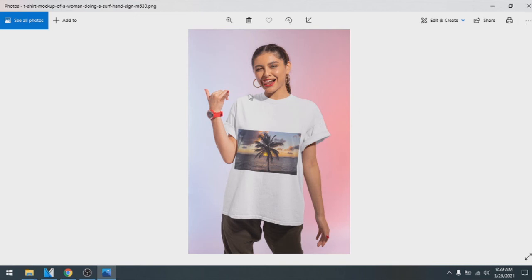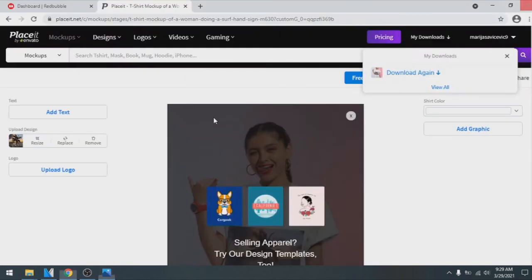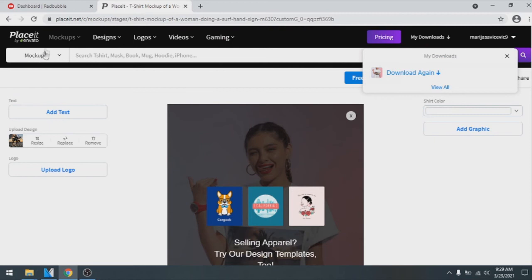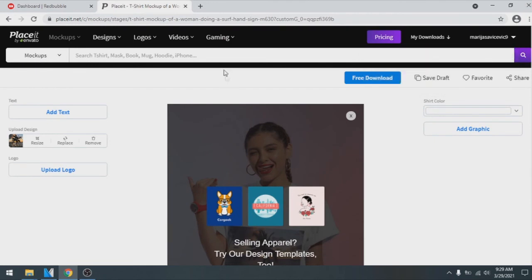Just you can see we don't have watermark from website Placeit. It's a great mockup. You can add your logo design and promote your design on all social media or Google AdSense. And you can create a lot of free mockups for any product here. I just show you example how you can create mockup for free on Placeit, and also you can